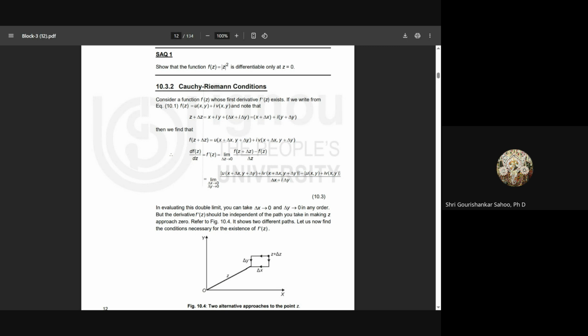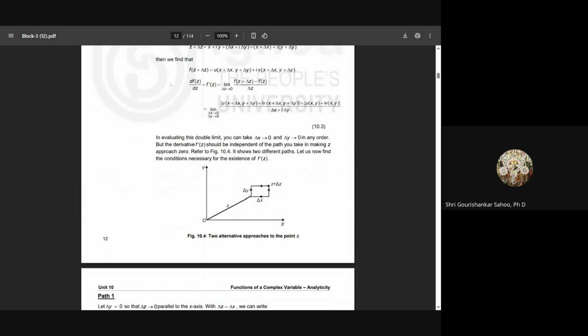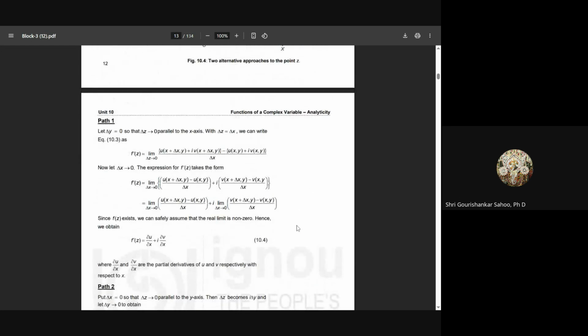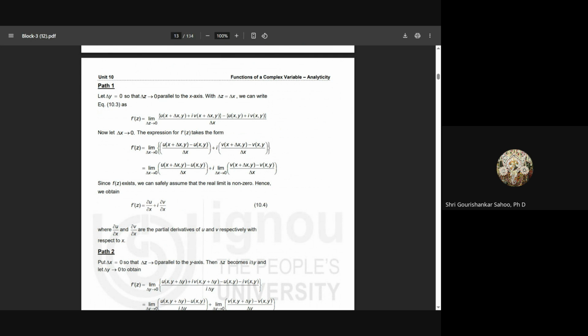So the first derivative can be written as df by dz, and from the formula we have discussed, you can write f dash z is equal to limit del z tends to 0, f of z plus del z minus f of z divided by del z. Now del x tends to 0 and del y tends to 0, as shown on the screen, and there are different approaches. This is del x, this is del y, and you can have path 1. What will happen in path 1, f dash z is equal to,